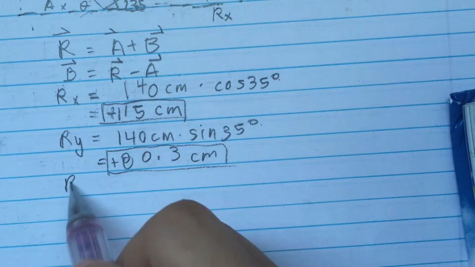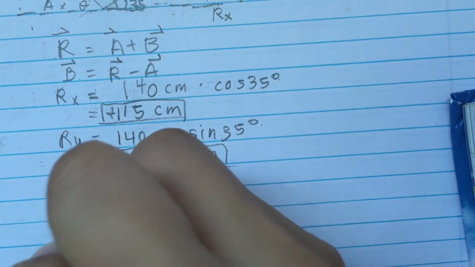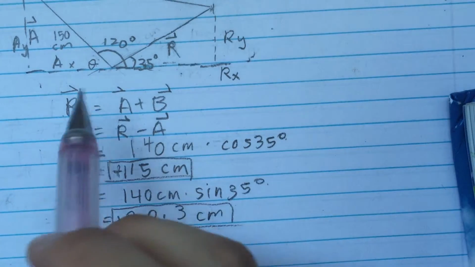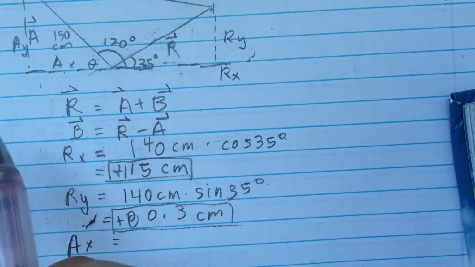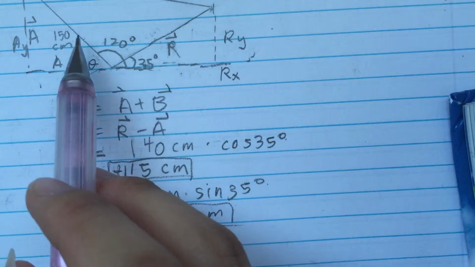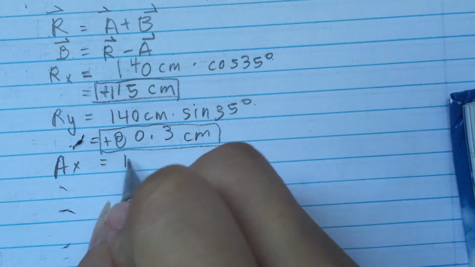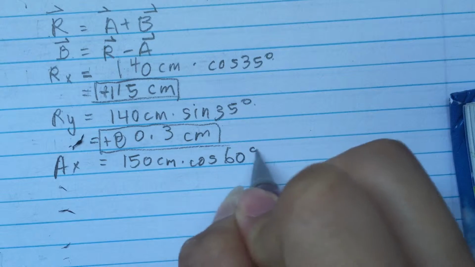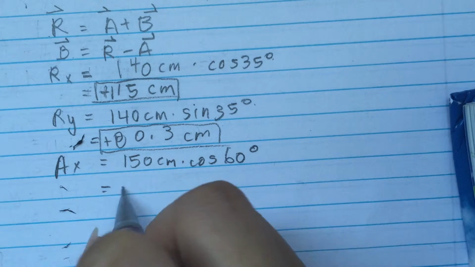Now we're just going to have to solve for the x component of A, which is just going to be adjacent over hypotenuse. Adjacent over hypotenuse is going to be cosine theta times 150 to find the x component. 60 degrees. And we're going to get negative 75 centimeters here,